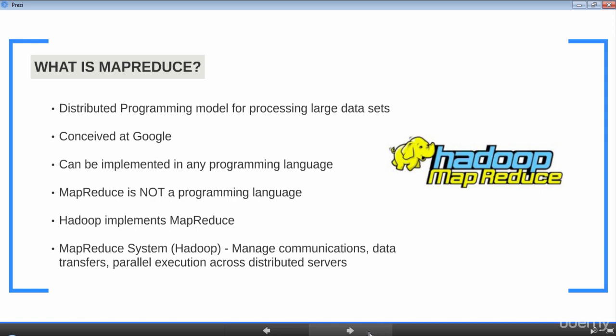Of course, Hadoop implements MapReduce. So the MapReduce system in Hadoop manages the communications, data transfer, and parallel execution across the distributed servers or nodes. So in this lesson, you got introduced to the concept of MapReduce, and you also know the phases involved in MapReduce. In our next lesson, we'll go over each phase in detail, and then we'll try to write a MapReduce program in Java,